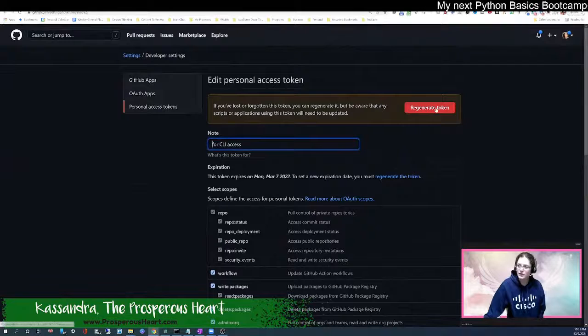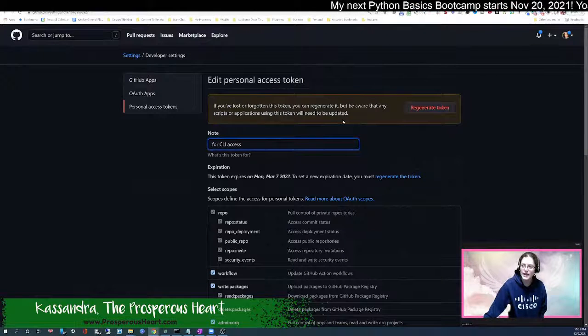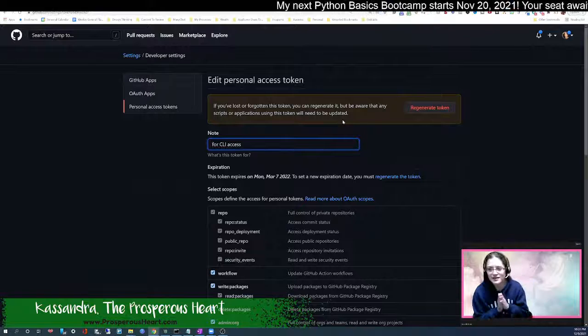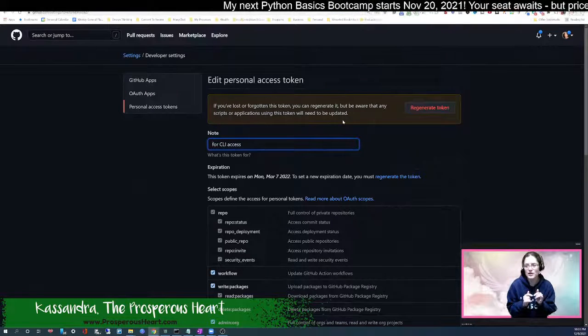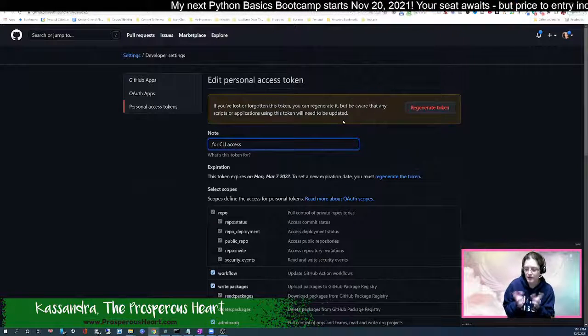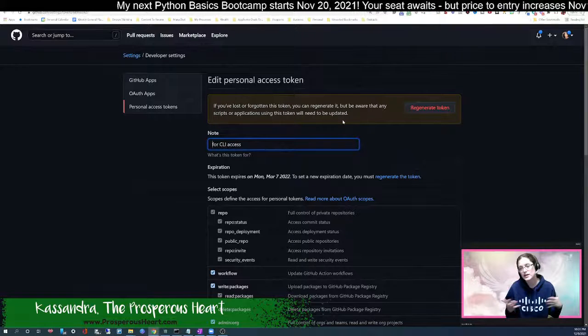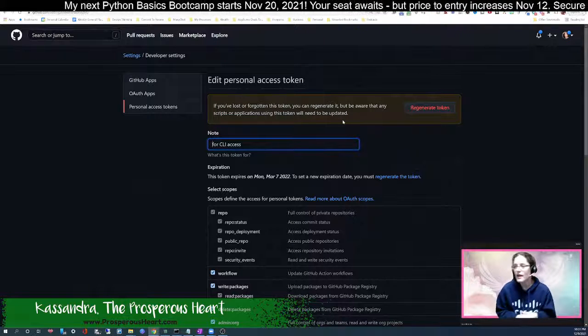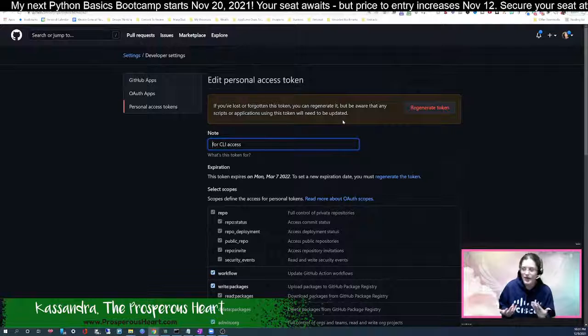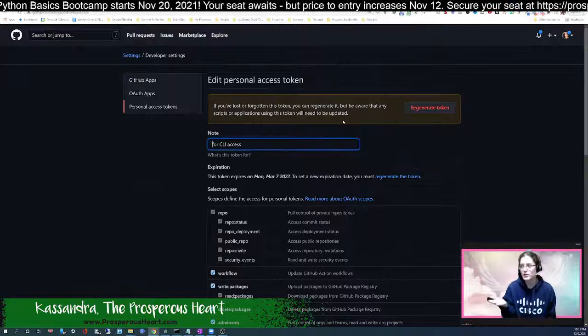But here was where I think I regenerated the token. So I just clicked this regenerate token, and I would not do this unless you absolutely have to, simply because there's no reason to, unless you feel like somehow you've been compromised. I mean, it's not really hard to re-add it, because what happened was when I clicked regenerate token, I saved